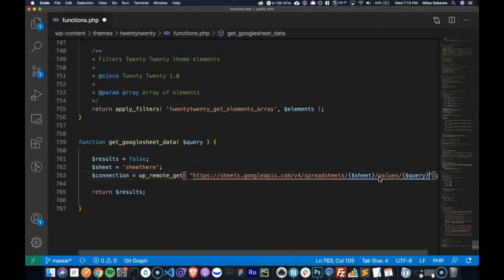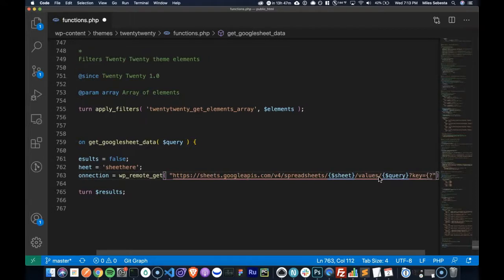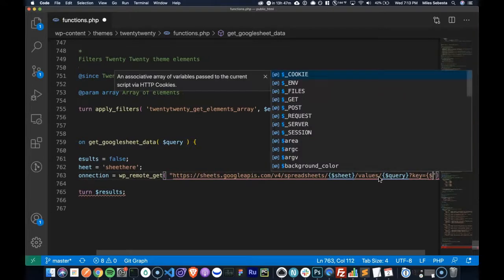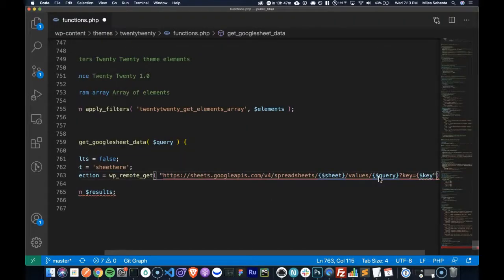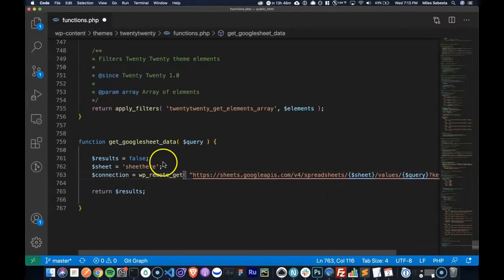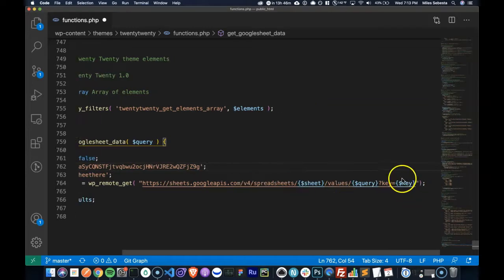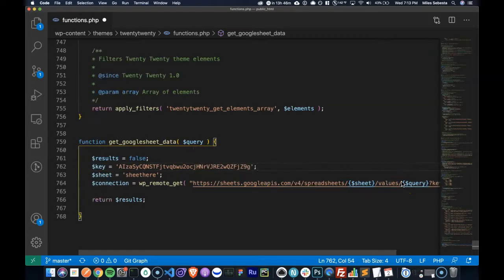Then I need to pass my API token. So I'm going to say key equals key, like so. All right, so then I'm going to say key equals my key, and that's going to put that in there.